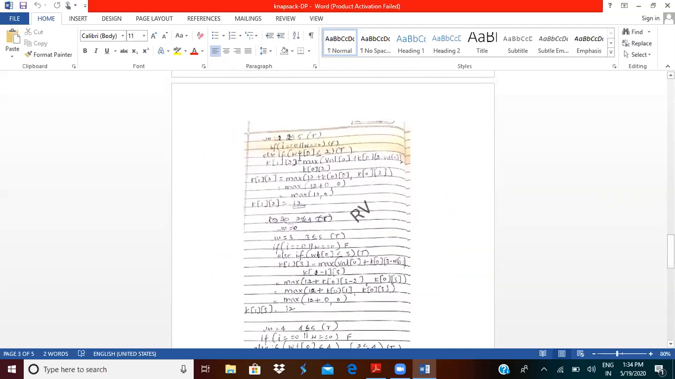Okay, 2 less than or equal to 5, the condition is true. So this statement is also not executed, so it will come to the else block. Weight of 0 is 2. 2 less than or equal to 5. The condition is true. When the condition is true, I have to find out the value of k of 1 of